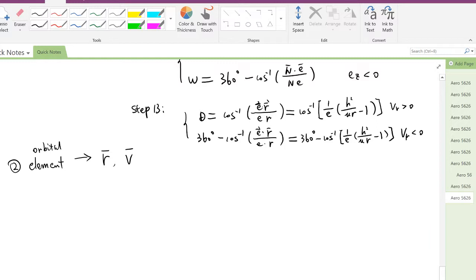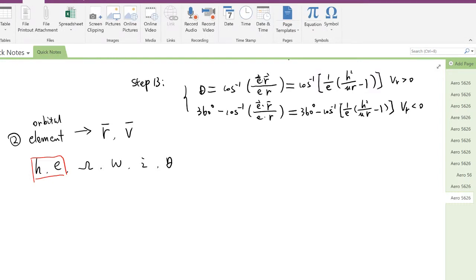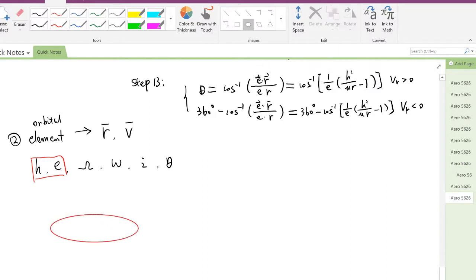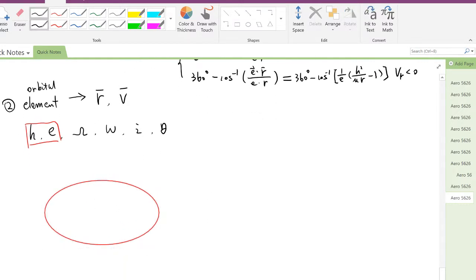So first, let's think about the orbital elements h, e, capital omega, small omega, i, and theta. What information do we have? Actually, with just the h and e in the orbital plane, we can find out, for example, if here is the focus, and we can set up in the orbital plane the two-dimensional space, the small x bar and the small